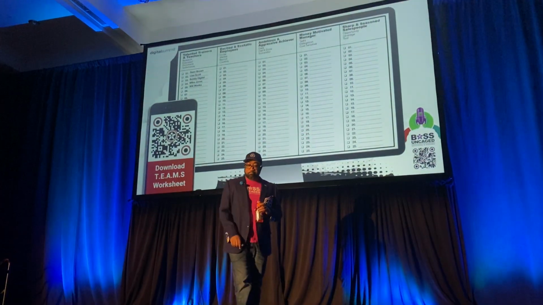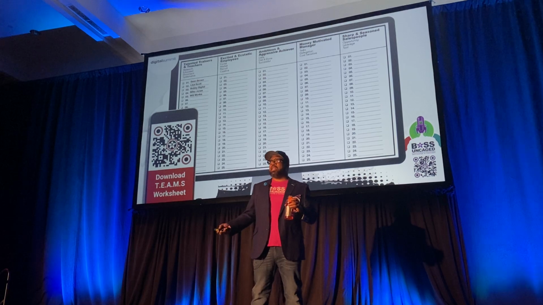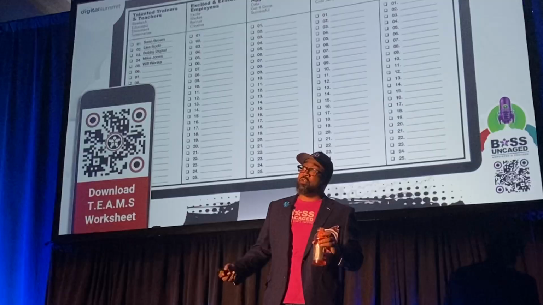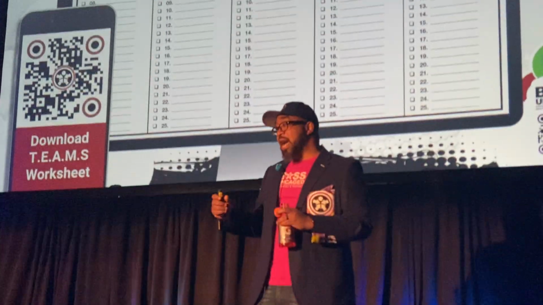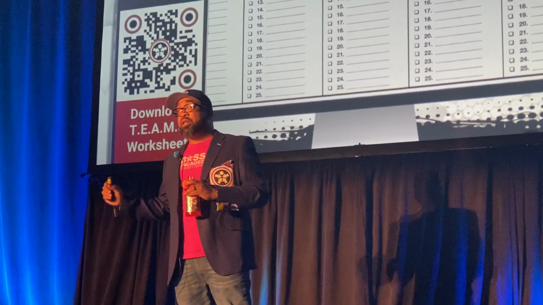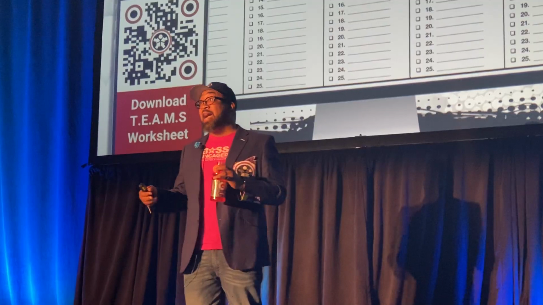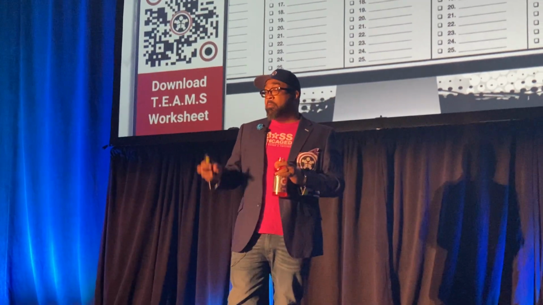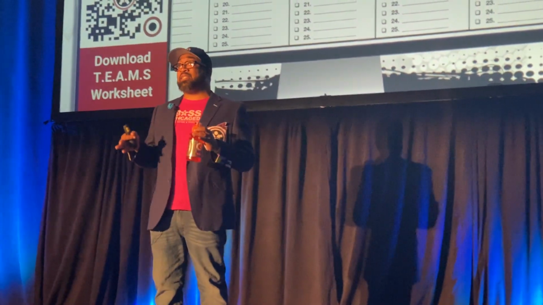So this worksheet will help you outline that. Again, if you're in a team of 20 people or a team of 300 people, this document is a QR code, and you scan it, you put your information in, and it'll send you an email with all the different documents and worksheets that we're working on today. By having this, now you have an itemized list of who these people could be.